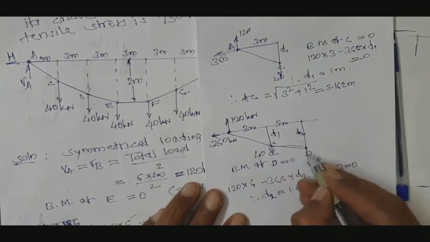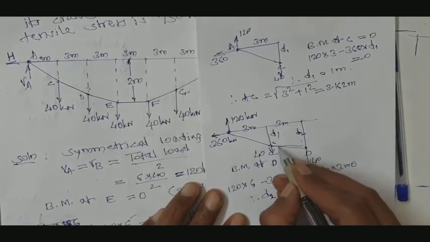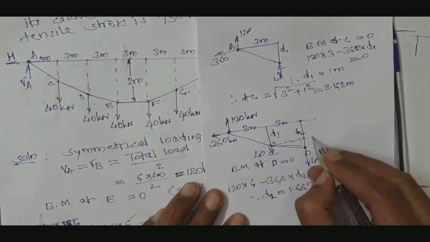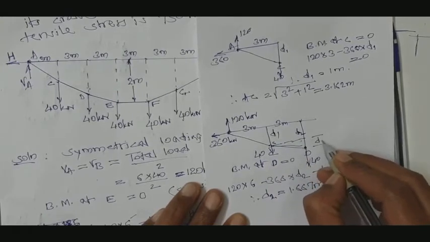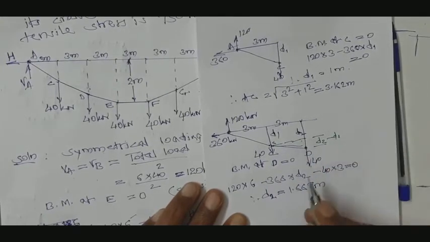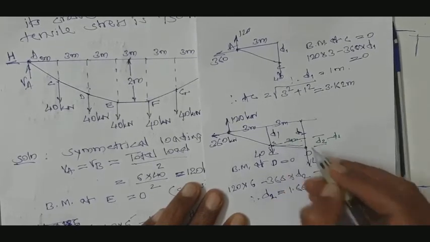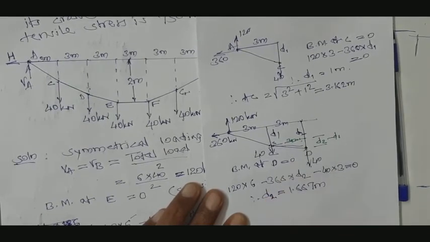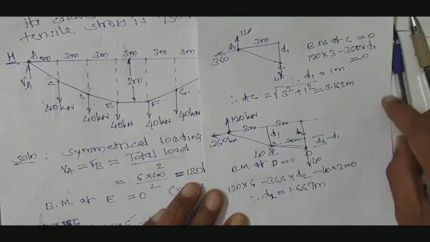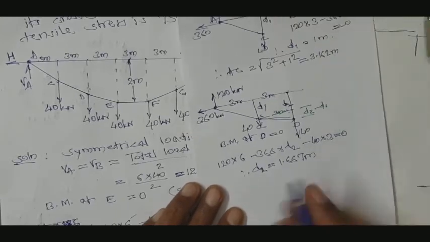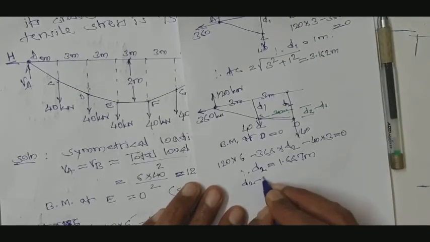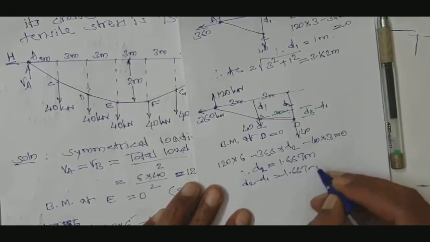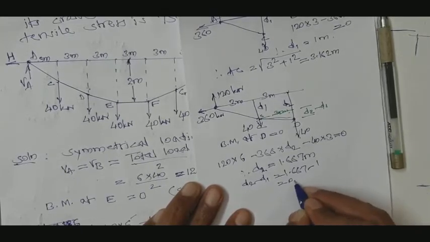Okay. But now we want to calculate CD. This is the CD length. See now, to calculate this, we make a triangle here. Okay. This is D2, this is D1. What will be this one? This will be D2 minus D1. So you know this as 3 meter. So knowing D1 and D2, you calculate this, and this is 3 meter, so CD can be easily found out. Okay, so what is D2 minus D1? D2 minus D1 will be 1.667 minus D1, which is 1 meter.